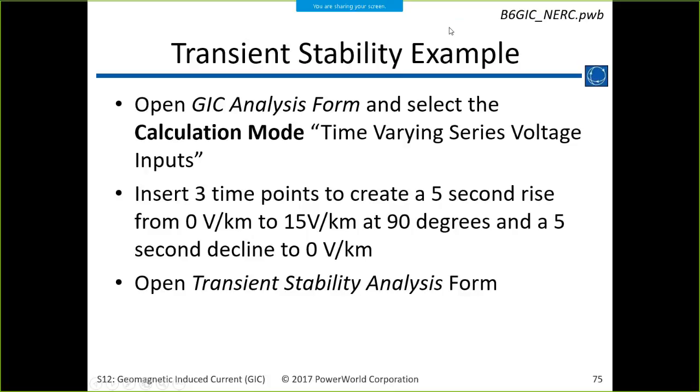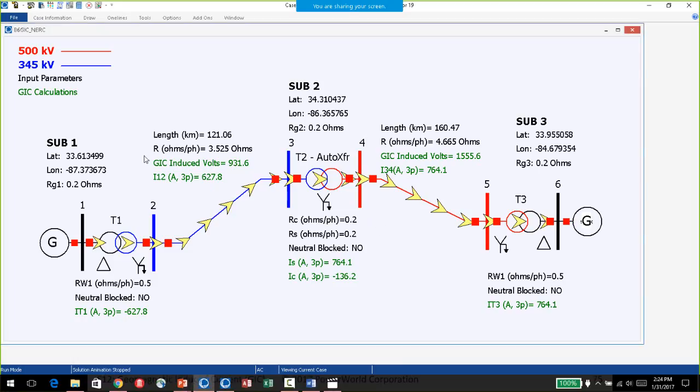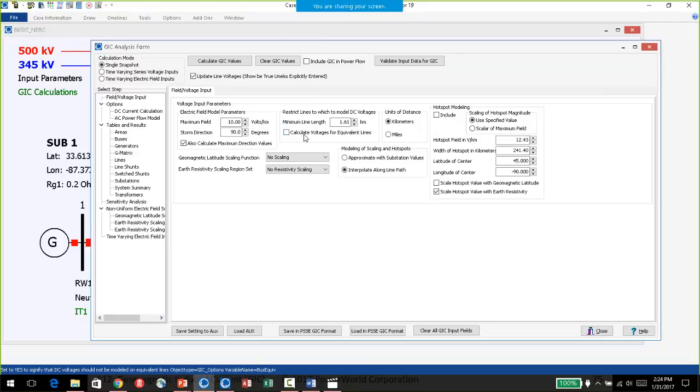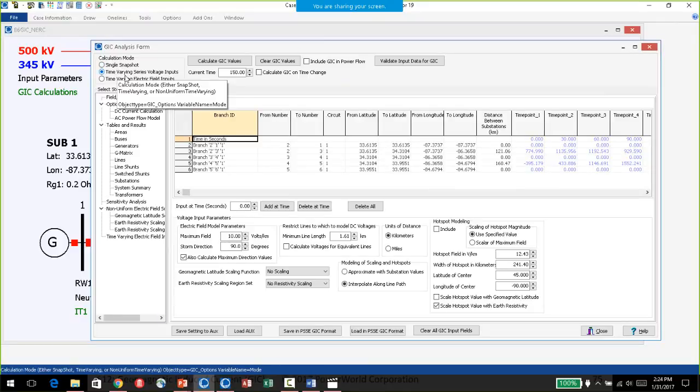So from the 6-bus case, we can go to our GIC input right here. Then instead of single snapshot, we can choose the time varying. Again, these can be EMP inputs. They can be really just any time varying inputs.